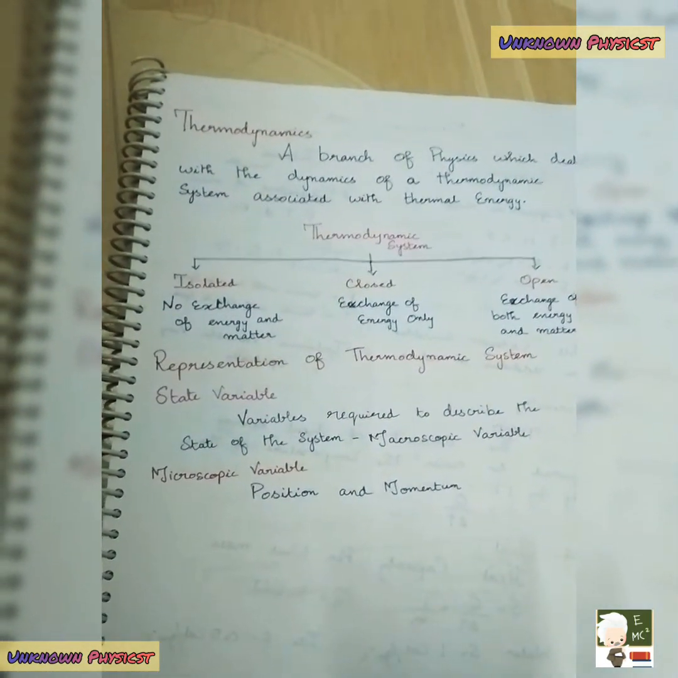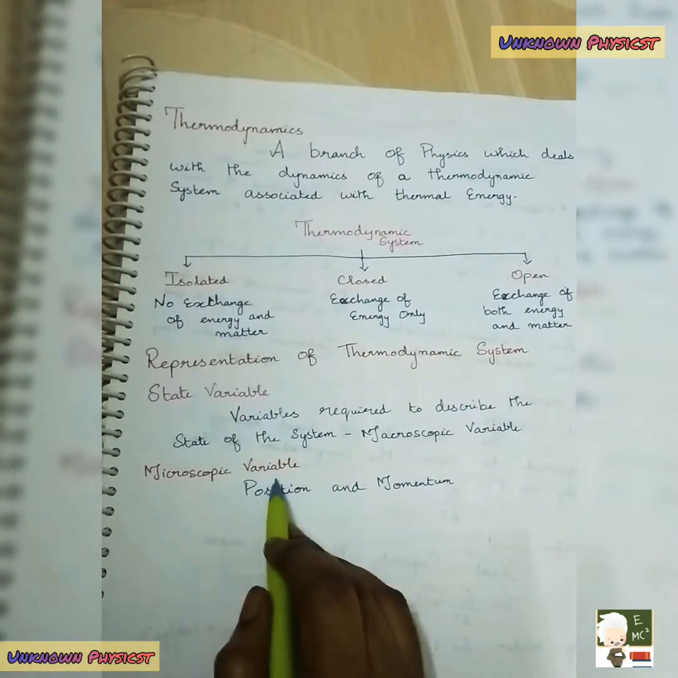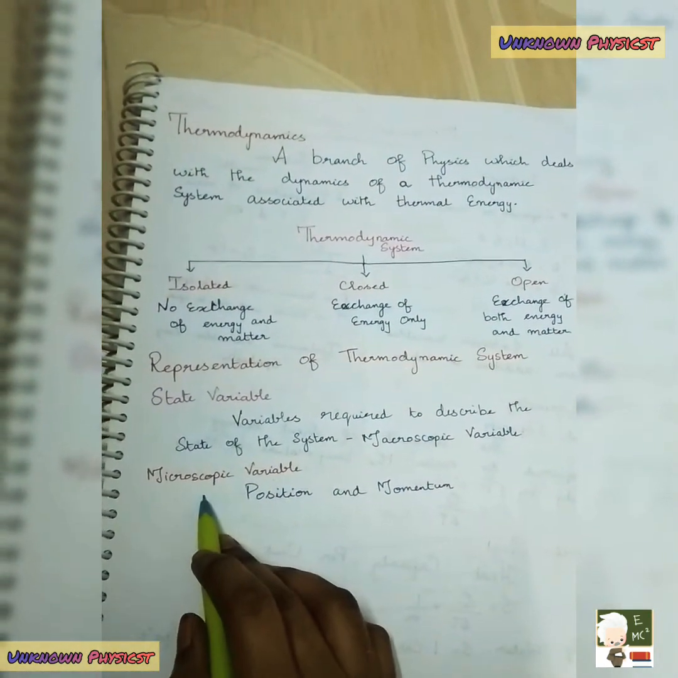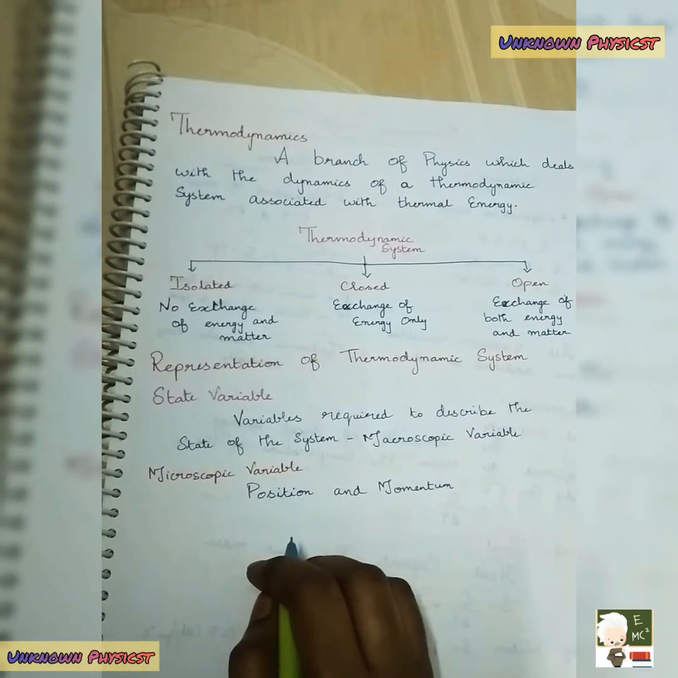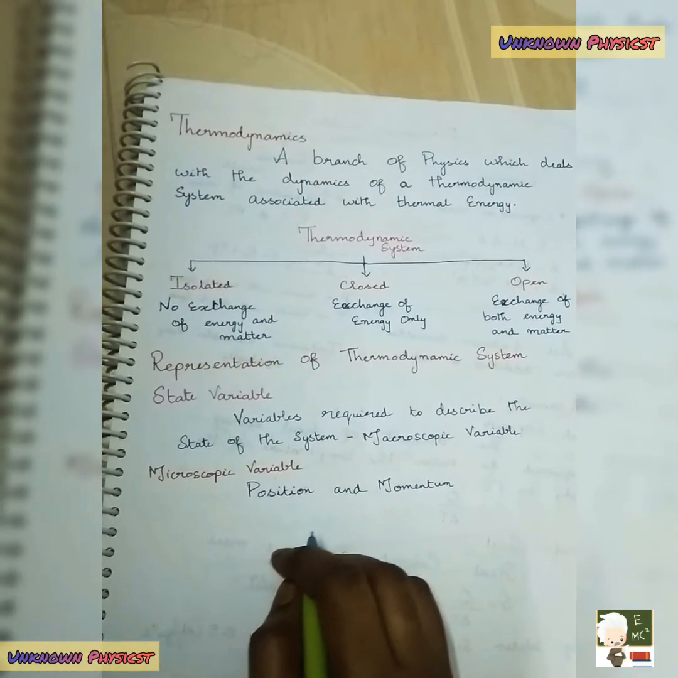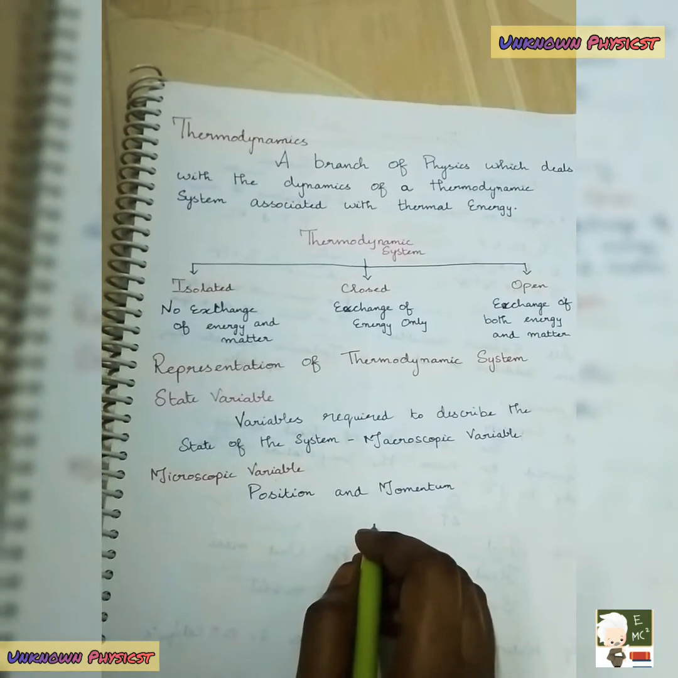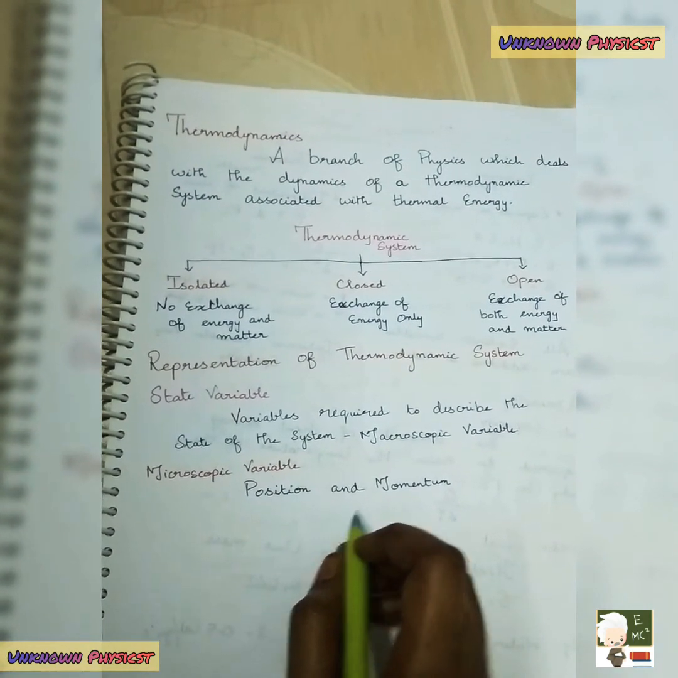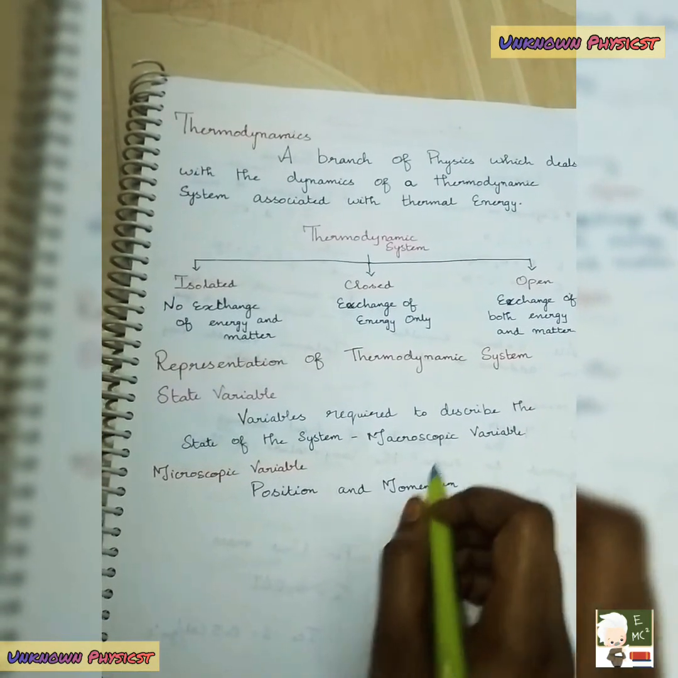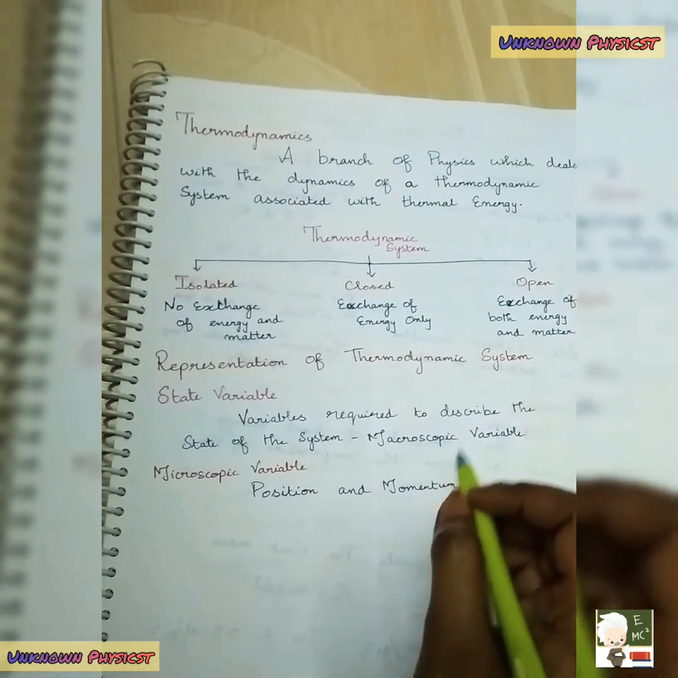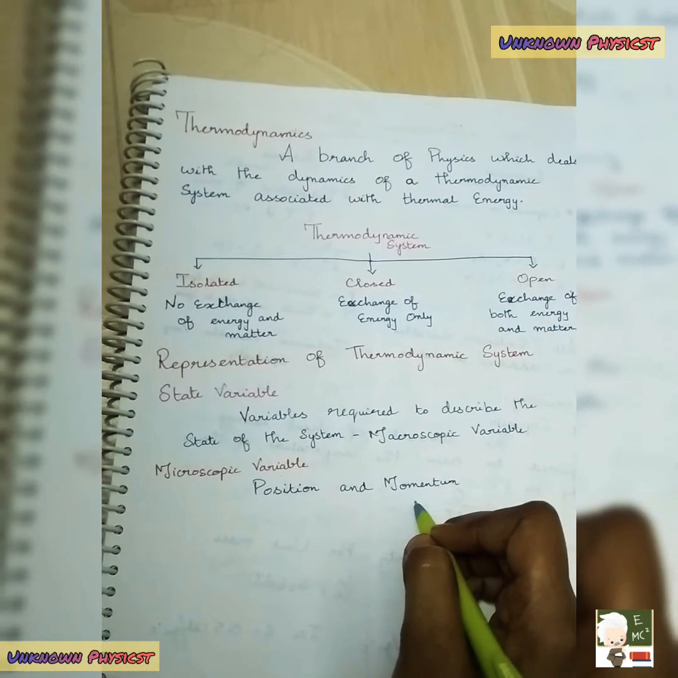Next one is the microscopic variable. These variables describe one particular state of the system. For example, it describes the position and momentum. So, in a classroom, there are students sitting in each row. So, in the second row, the third student. So, it describes the position and the momentum of the student. And the next here is we are going to deal with